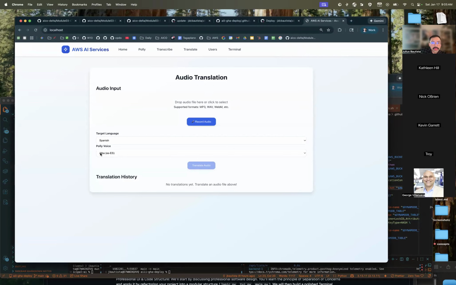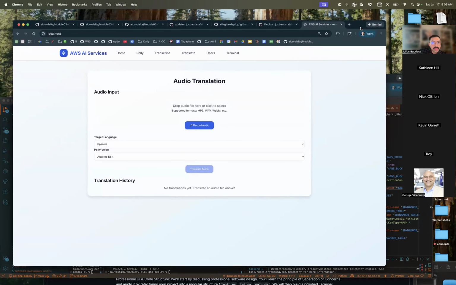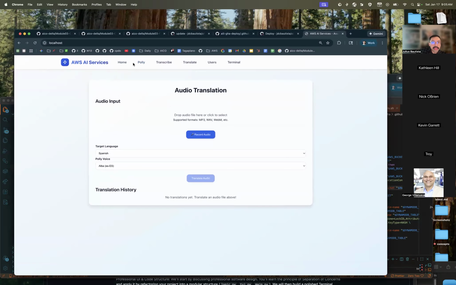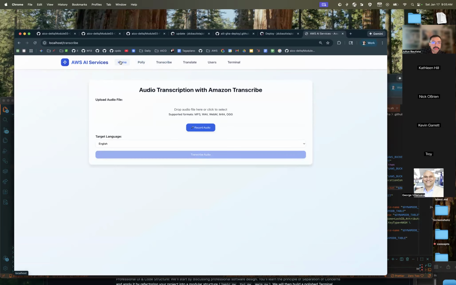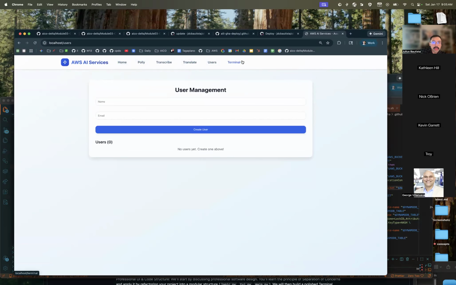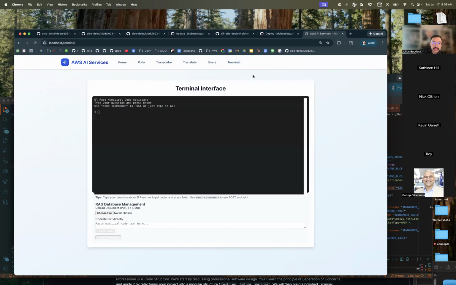Right, so this is the same app that we built in Module 2, taking what we learned in Module 1 and Module 2, building out different components for each. But now with the addition of another page, and that's just integrating what you all have been working on this week.